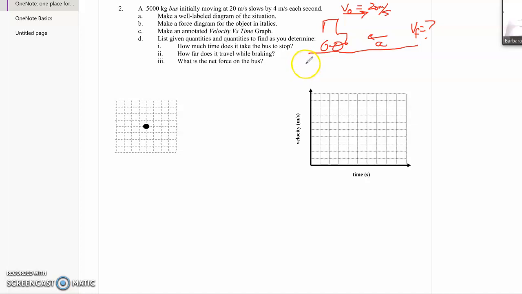Oh, wait a second. We are sure. What does it say? Slows. It slows. Okay, yeah, we're just not sure of the number. It's slowing. Okay, great. So we know that there's an FG equals mg down. We know there's an F normal. Those two are balanced. So if I'm going to sum all the forces in the y,